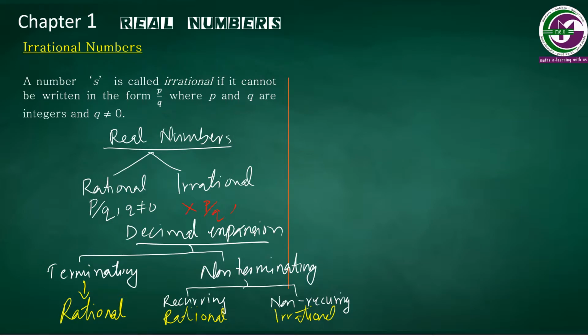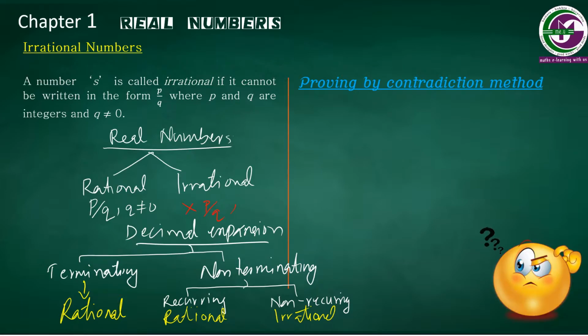Now, before going to the questions, prove that root 2 is irrational, we should know the method of proving root 2 is irrational. The method is called the method of contradiction, proving by the method of contradiction. In this method, instead of going in the correct path, we move through a wrong path and show that it is wrong. So we have a destination here. This is our actual destination and this is our way. But in between you can see another way, so you are confused whether to go this way or that way. Only two options are there, two cases.